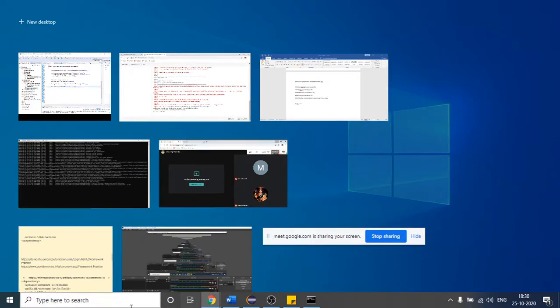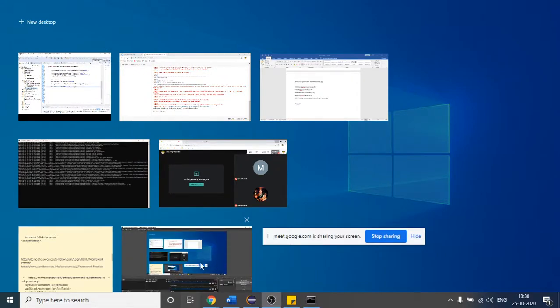What is the error issue here? Is it not visible or what? Sorry. Okay, wait. Control Windows F4.